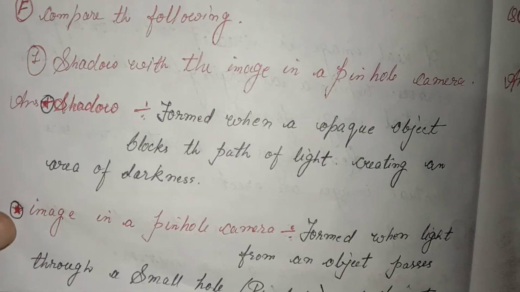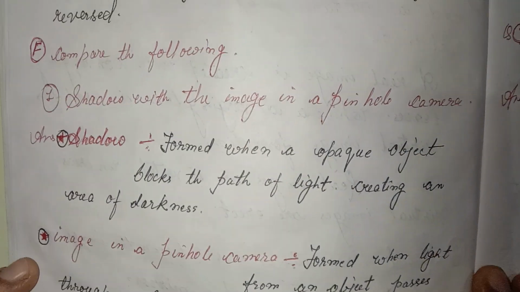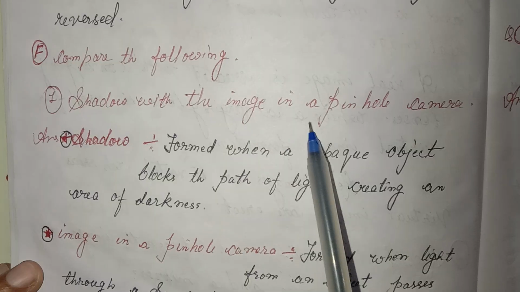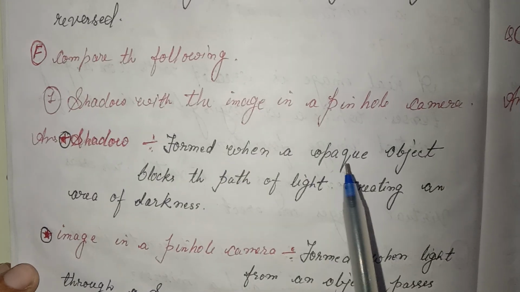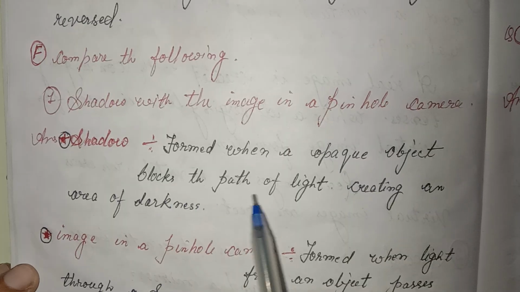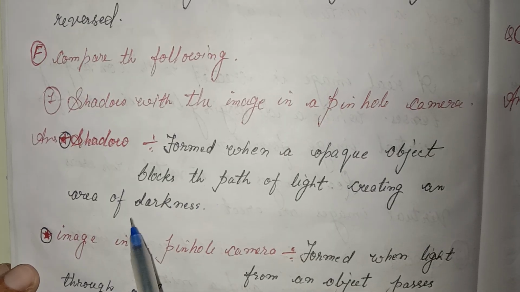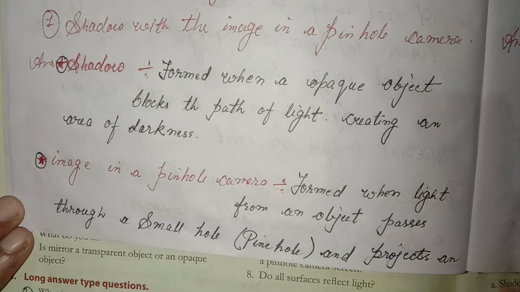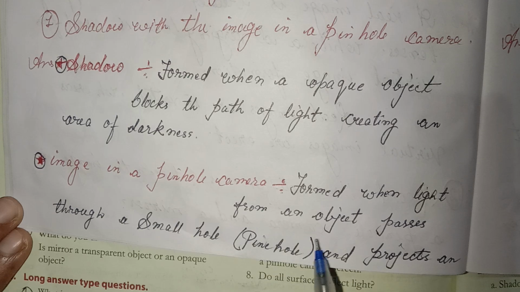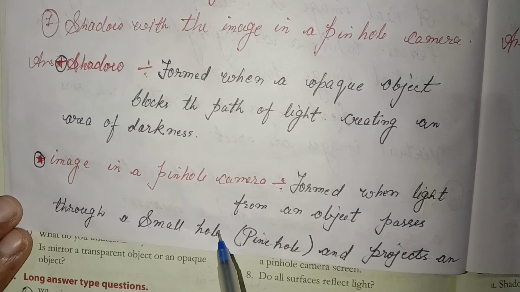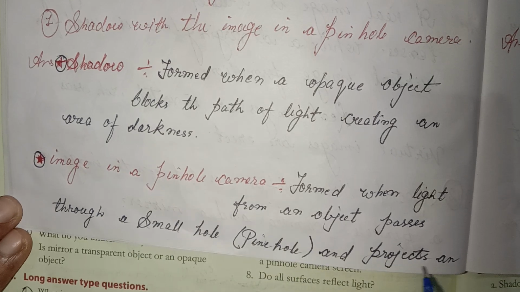Question number F. Complete the following. Shadow with the image in a pinhole camera. Shadow is formed when an opaque object blocks the path of light, creating an area of darkness. Image in a pinhole camera is formed when light from an object passes through a small hole, pinhole, and projects